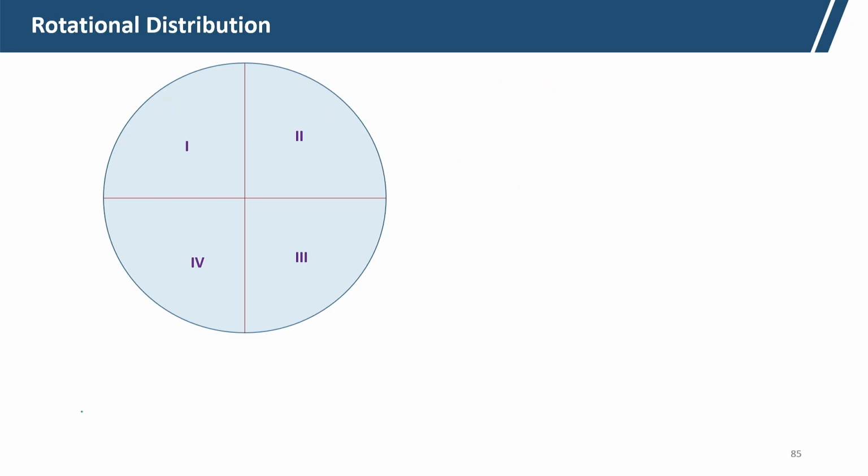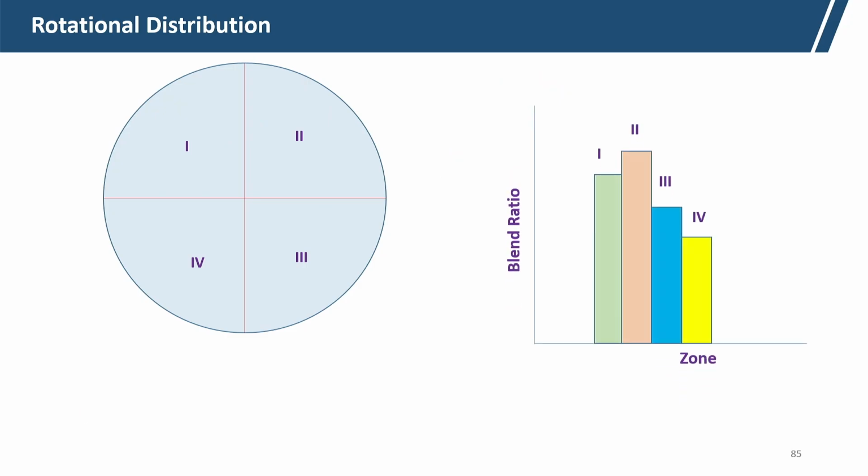So, here you can see the blend ratio of this one is this, 2 is a little bit high, 3 is lower than that, and the 4th is very low. Again, ideally the blend ratio for all the sections should be equal. Depending on our requirement, we can choose the method, say for draw frame blending,